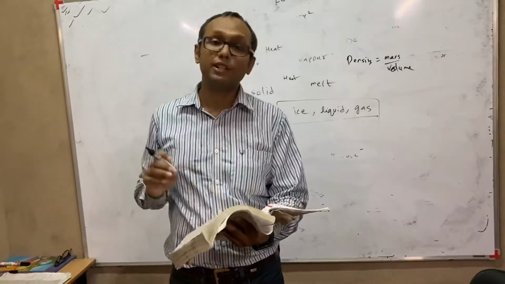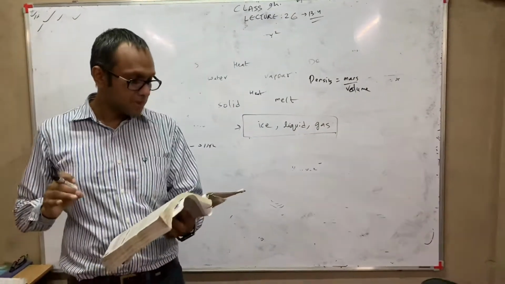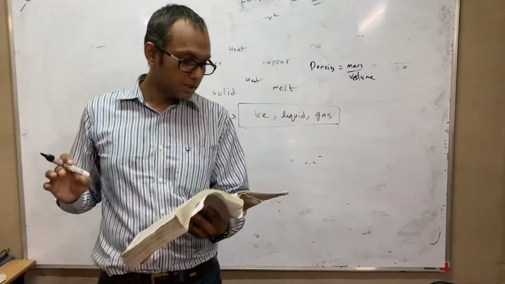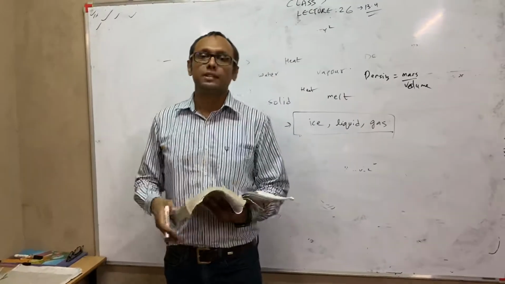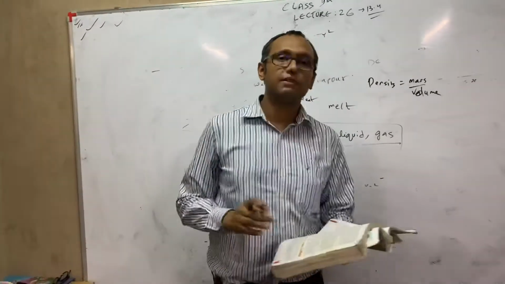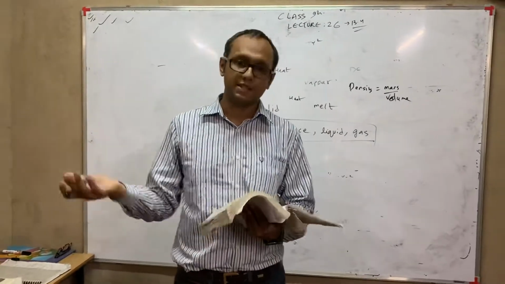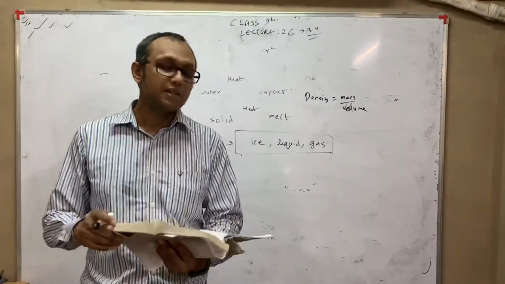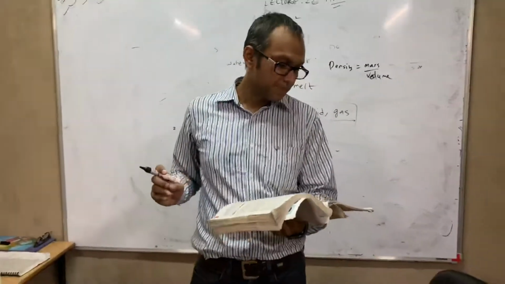Arrange the following in the order of increasing density: air, exhaust from chimneys, honey, water, chalk, cotton and iron. Now normally, whenever we talk of density, generally solids have the most density, then liquids, and then gases. Gases have the least density generally. Okay, so depending on that, just try to tabulate this.